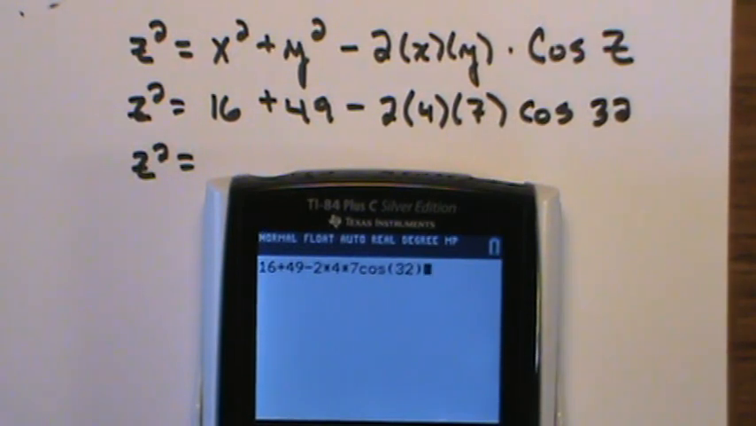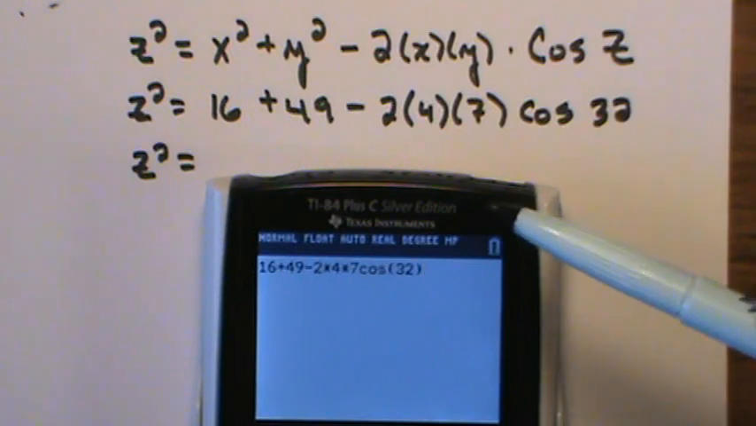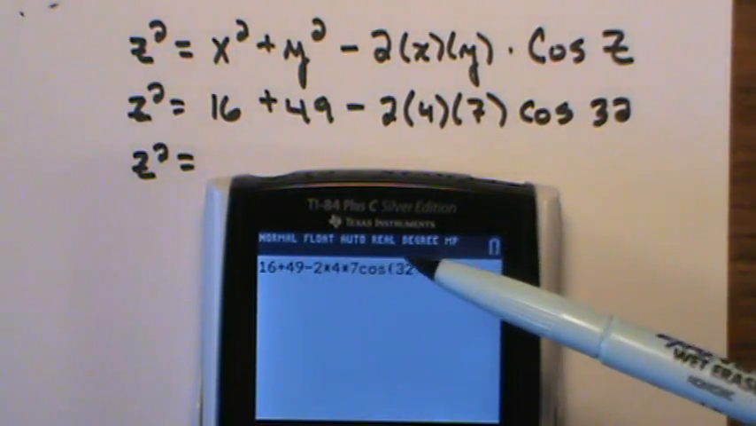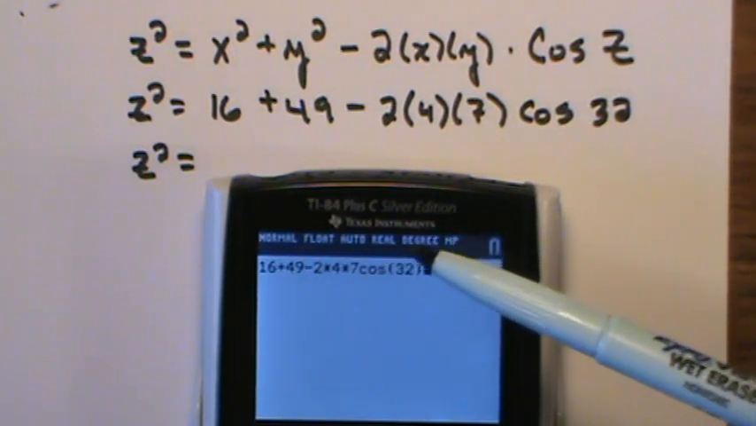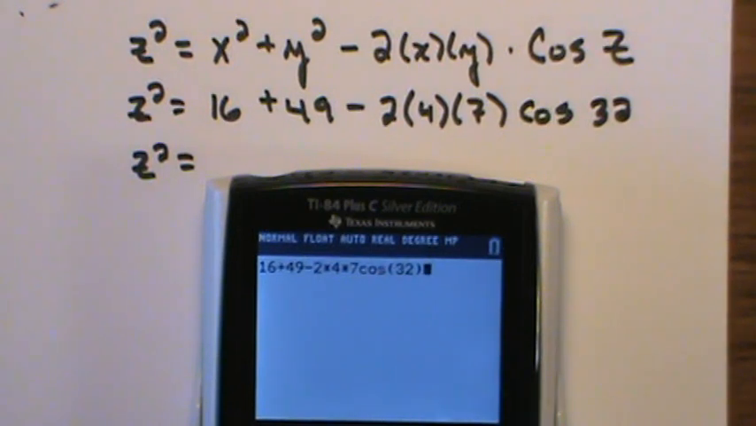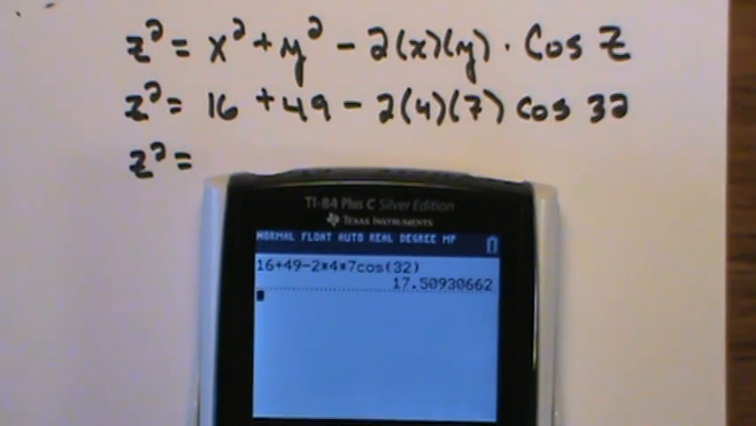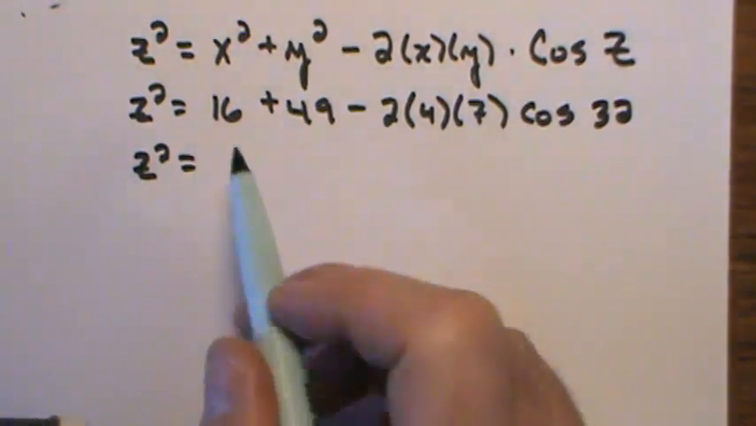And as always, I constantly remind you guys, please make sure your calculator is in degree mode. I can see that on my menu. Yours may not have that there. You can always check by hitting the mode button. Make sure that degrees is highlighted. Now I hit enter. Now this is giving me an answer of